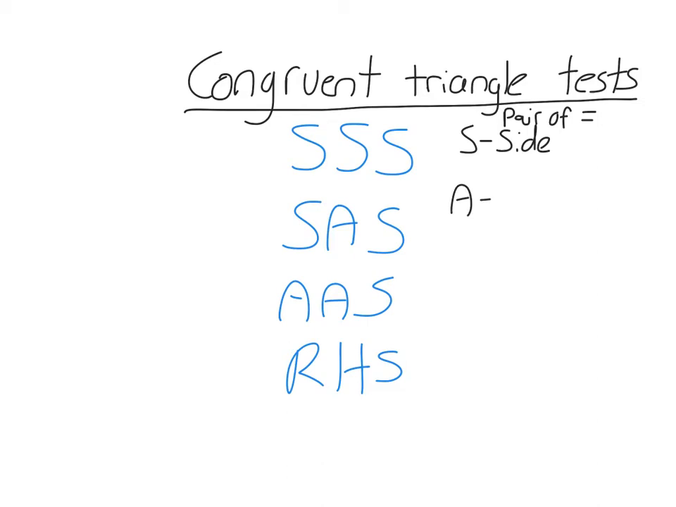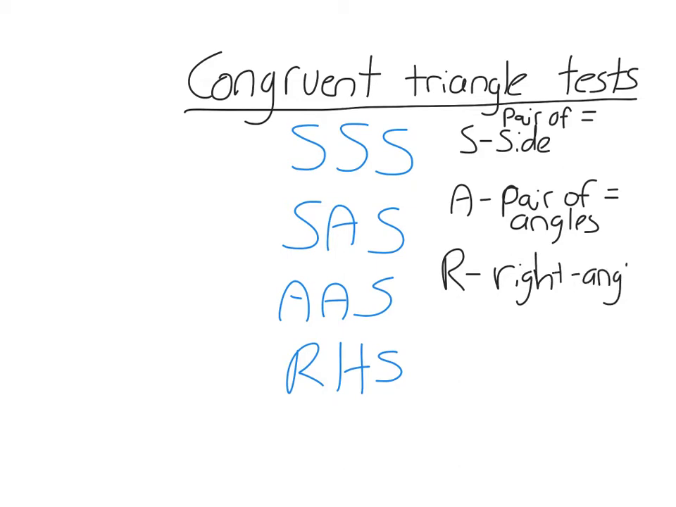And A means a pair of equal angles. So the R means right angle. That's just in the last test. So it has to be a right angle, can't just be any angle. And the H stands for hypotenuse, which is the longest side in a right angled triangle. So these tests, if I can apply any of them, if any of them hold, then the two triangles are